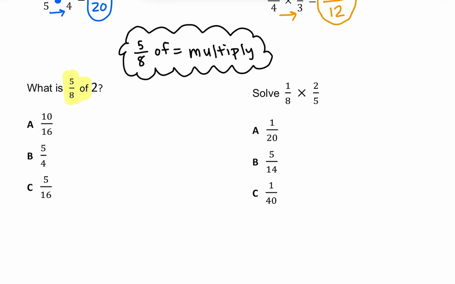So 5/8 of 2. Now the next important thing we need to know is this is not a fraction. That 2 is a whole number. So we need to turn it into a fraction, and it's not 2 over 2 because that's not correct. So the next little tidbit that we need to remember, and we can write that down here at the bottom, is whole numbers